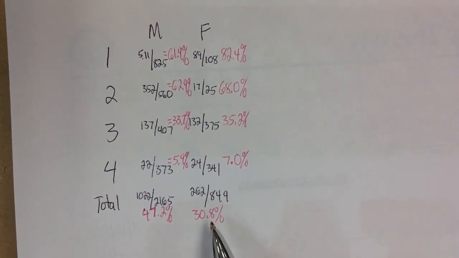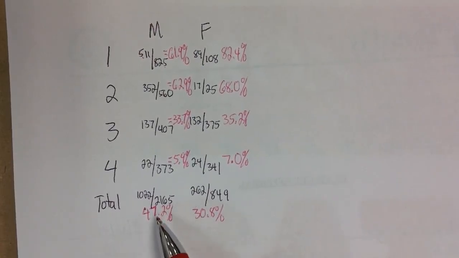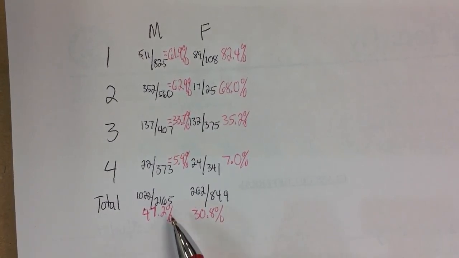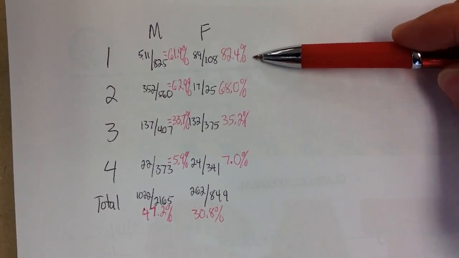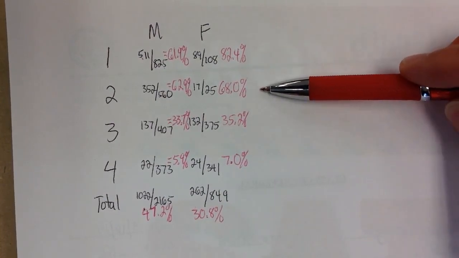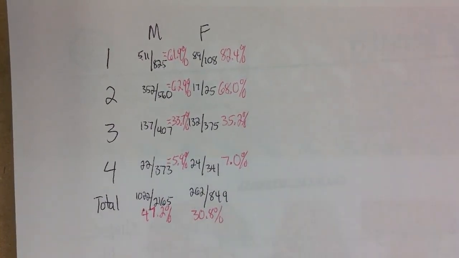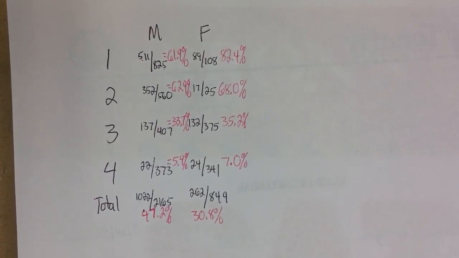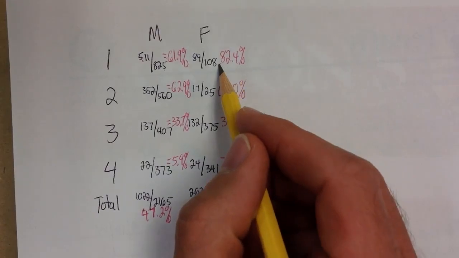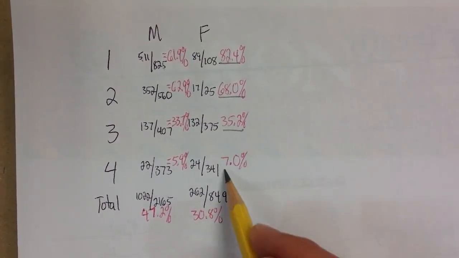So overall, females are being accepted at a lower rate than males, 31 versus 42%. But when you look at each program, in all 4 cases, females have a higher acceptance rate than males. So if there's gender bias going on here, it's the opposite of what one might think based on the totals. One might say that they are favoring women over men. Higher, higher, higher, higher.